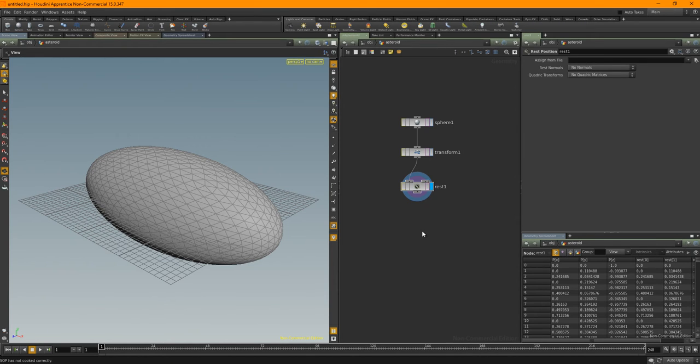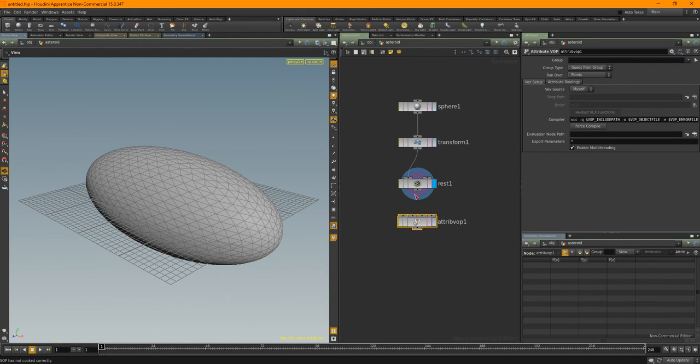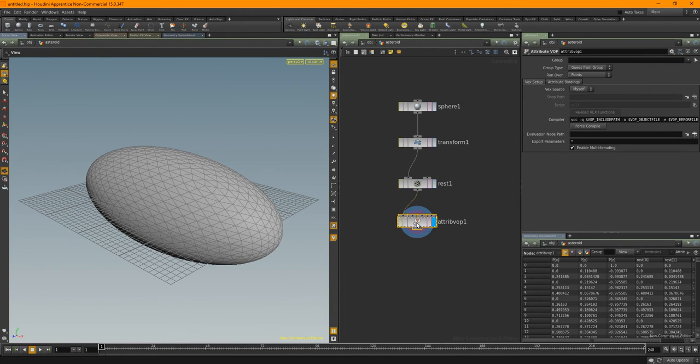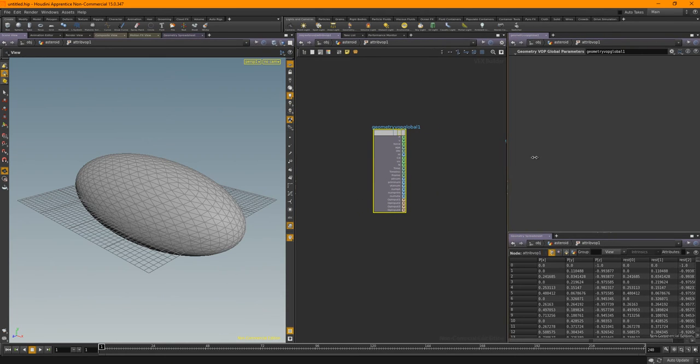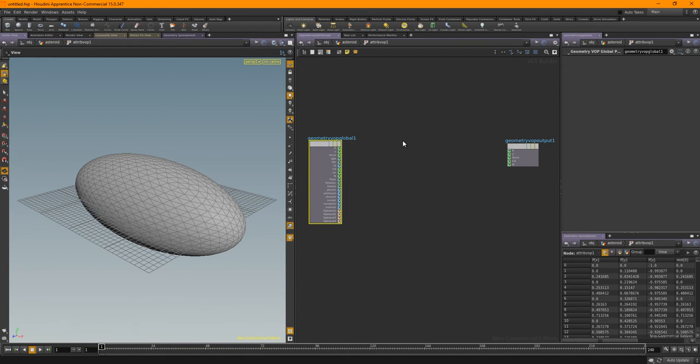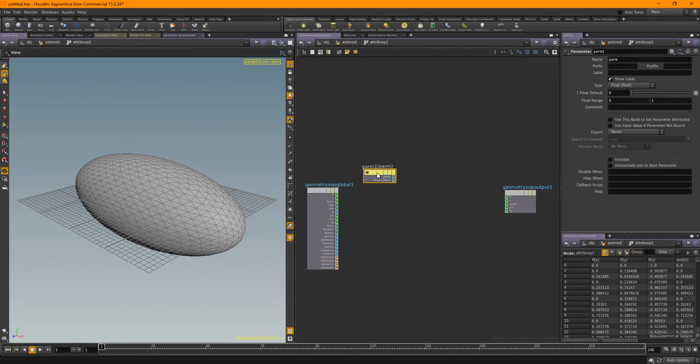So with this we'll go with an attribute VOP straight away and dive straight into displacing our geometry. So we'll jump in. Now, as I just mentioned about the point position constantly changing, we'll just bring in a parameter node. This parameter node is going to be importing the rest position, and we'll just label that rest. I'm going to make it invisible because we don't need to access it from this level.